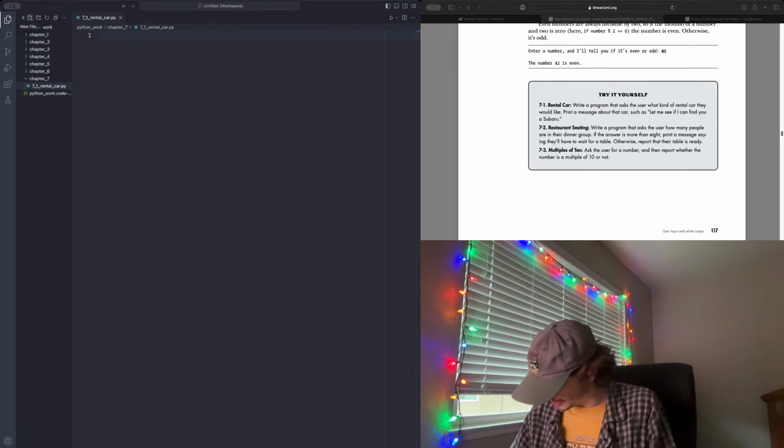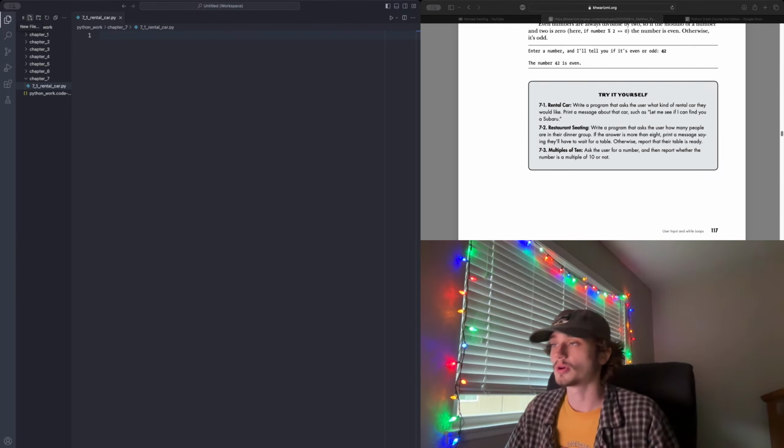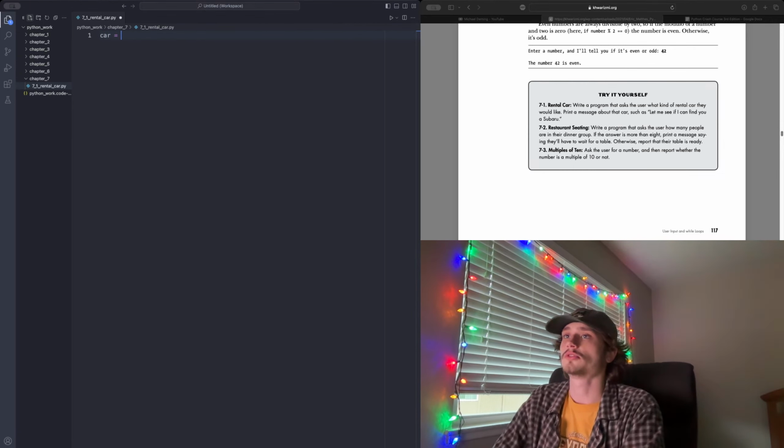Okay, so we're going to make a Python file here. Write a program that asks the user for what kind of rental car they would like. Print a message about that car, such as, let me see if I can find you a Subaru, which would be their rental car. So let's just say car is equal to,